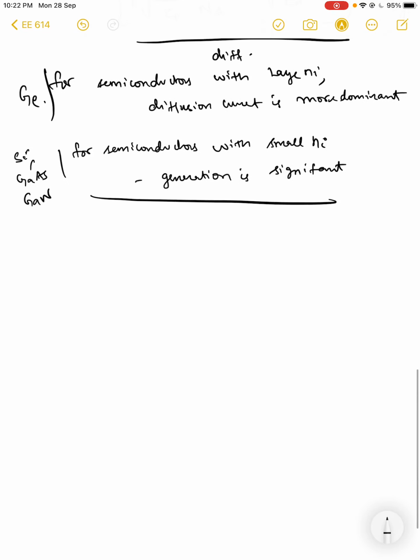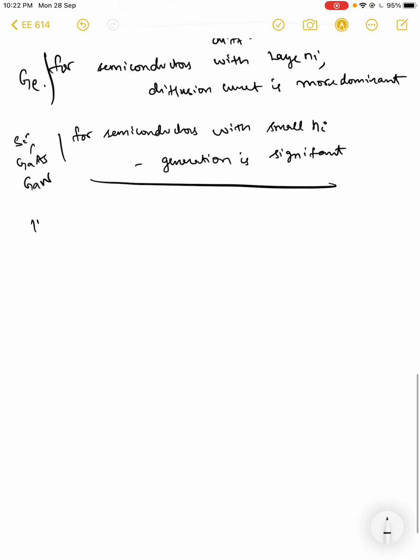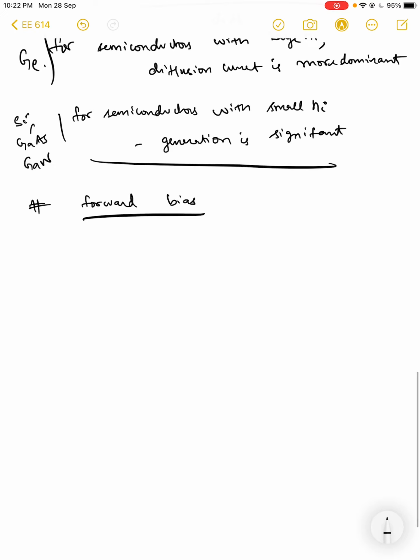Now let us consider the same thing under forward bias. Under forward bias, obviously the most dominant thing is going to be recombination, right? So we will again consider trap assisted recombination and the net rate. Again, our previous equation, right? It is sigma p sigma n VTH Nt. I'm going to take ni square out now.